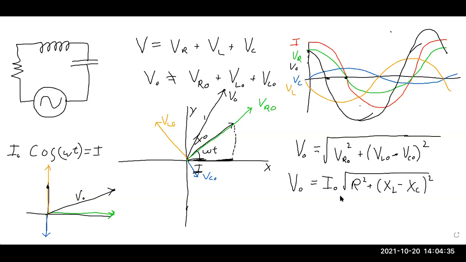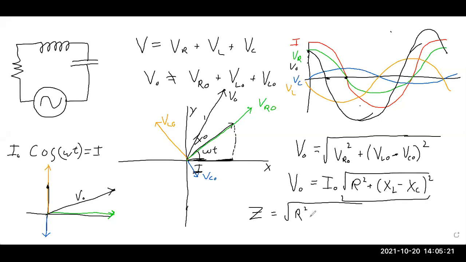So this quantity here is filling a resistance-like term. If we've got V equals current times something for the whole circuit, we're going to call that the impedance of this circuit. So how much does this circuit resist current from an AC source? So capital Z is impedance, and that is equal to